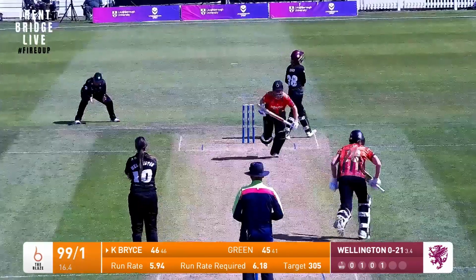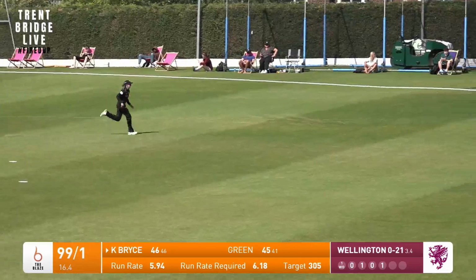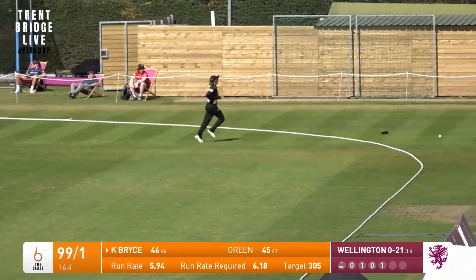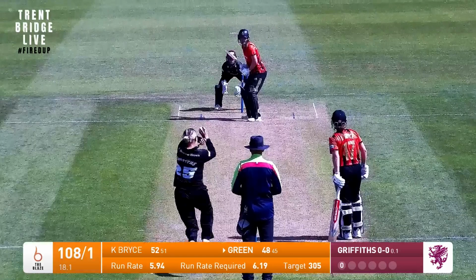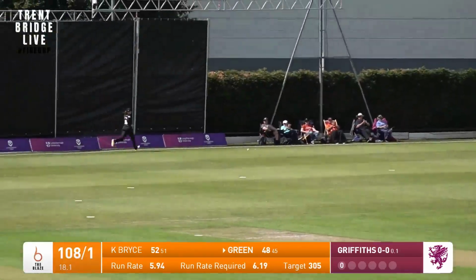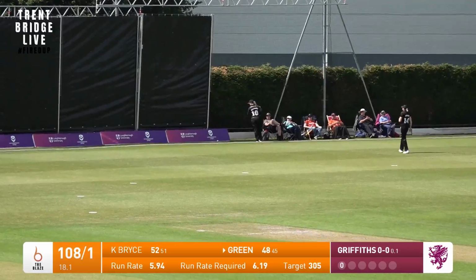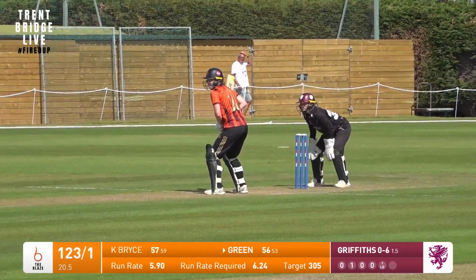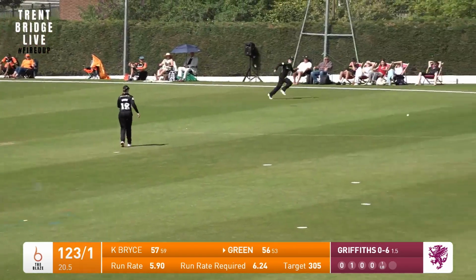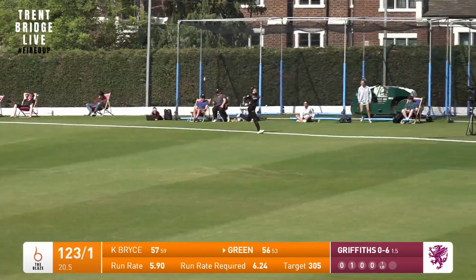Rocks back and cuts this one, a beautiful shot behind square. It's going to run away for 4. As good as Fran Wilson is, she can't stop that. Griffiths in again, driven hard up the ground. Bit of work to be done by the fielders, but same result. Griffiths once again, this time cut hard behind backward point, and that'll be 4 more to the